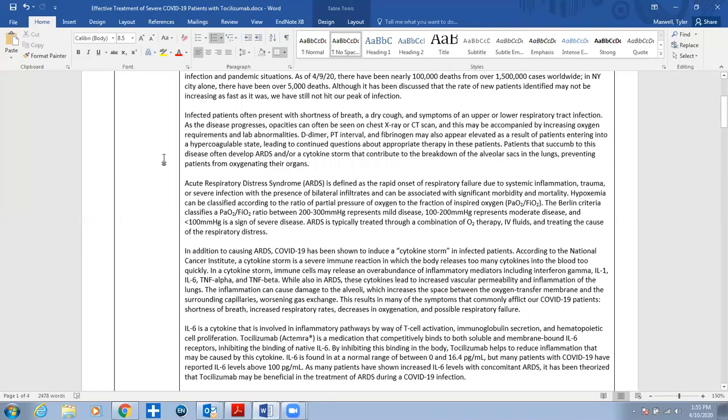Infected patients often are going to present with shortness of breath, a dry cough, and symptoms of an upper or lower respiratory tract infection. And then as the disease progresses, we're going to be able to see an opacity on the chest CT or the chest X-ray. This is going to be accompanied by increasing O2 demands and lab abnormalities. In a lot of our patients, we see an elevation in D-dimer, PT intervals, and fibrinogen,